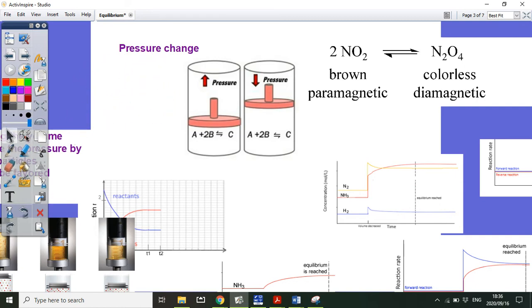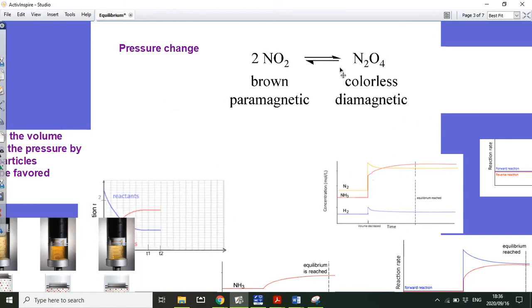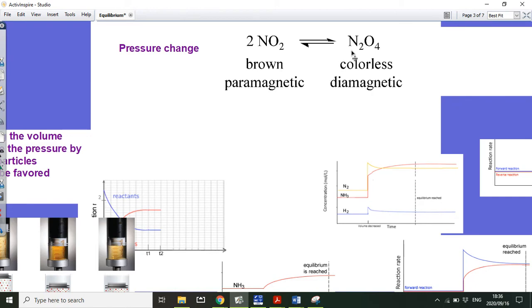Alrighty, let's throw that one away. Now, if we look at a specific reaction and see how we're going to explain that using Le Chatelier's principle, let's look at this reaction. This is a common one that's often asked. If we have NO2, it is a brown gas. N2O4 is a colorless gas. Now, if you look at the equilibrium here,